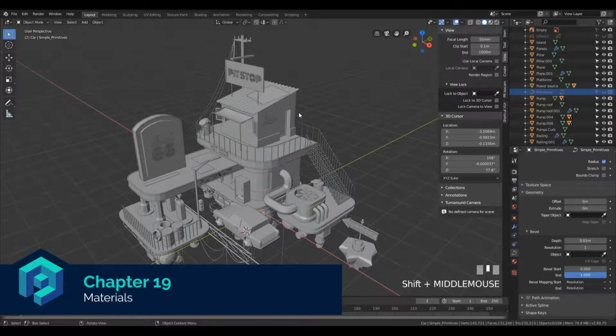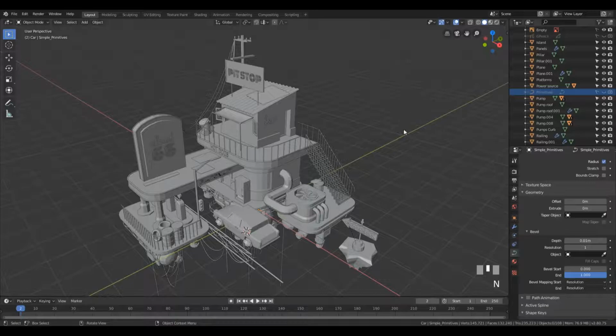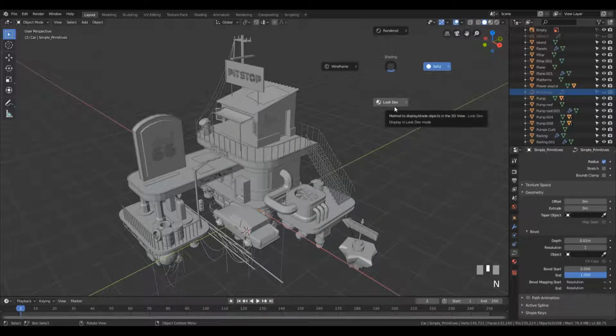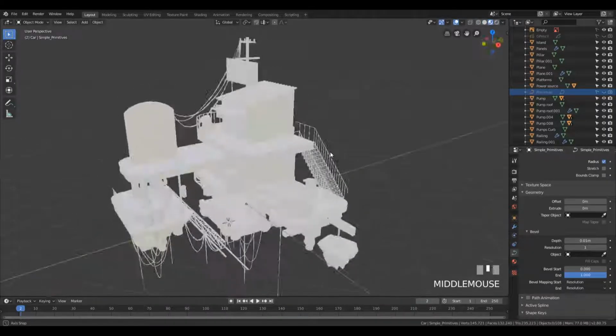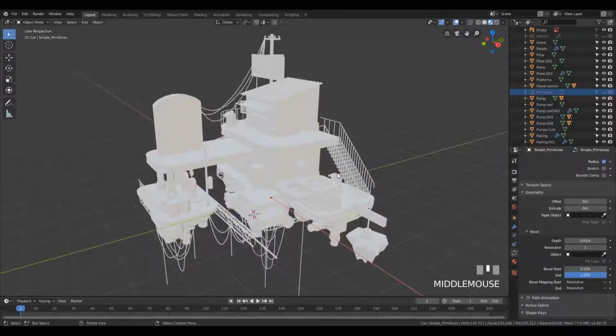Let's do some shading and applying materials right now. First I want you to switch to the look dev mode. It's located right here, or just press Z and go to look dev. This is too bright and the scene will be a little bit darker, so I want you to expand